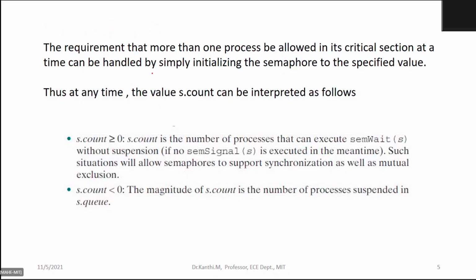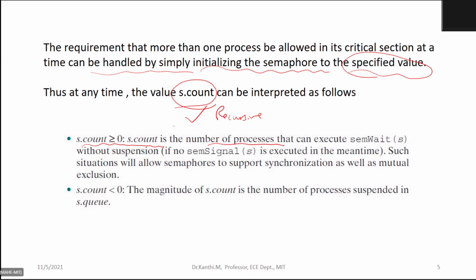The requirement that more than one process be allowed in its critical section at a time can be handled by simply initializing a semaphore to a specified value. There will be something like an S count, which we use in the recursive semaphore, and you can interpret it this way: if the S count value is greater than 0, it is the number of processes that can execute sem wait without suspension, so this value should be positive.